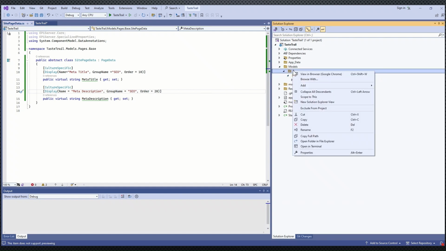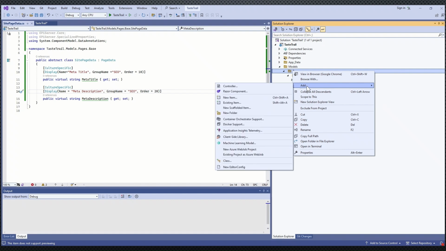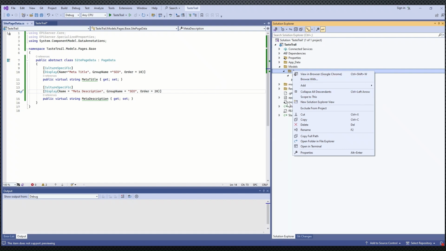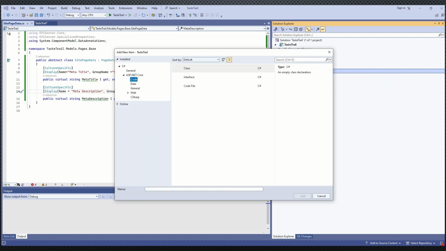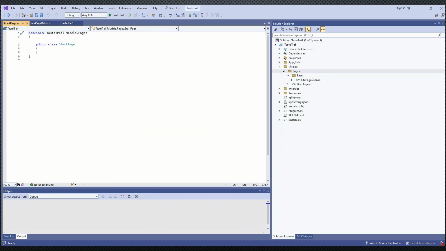Let's create the other model, the important model for the home page itself. Under the pages directory, I'm going to create another class. I'm going to call this class StartPage.cs. I'm going to click create. Once this is created,